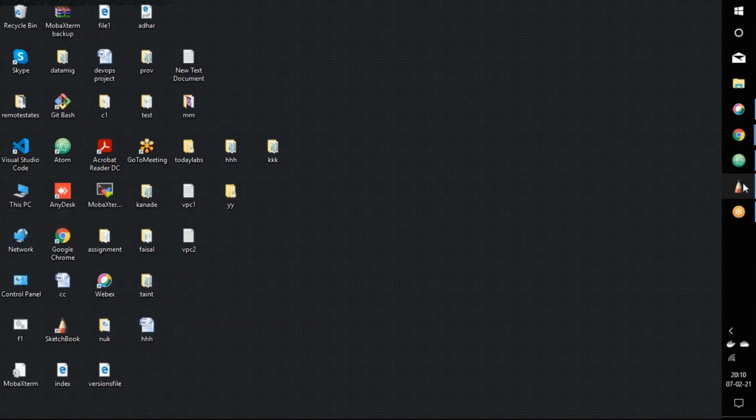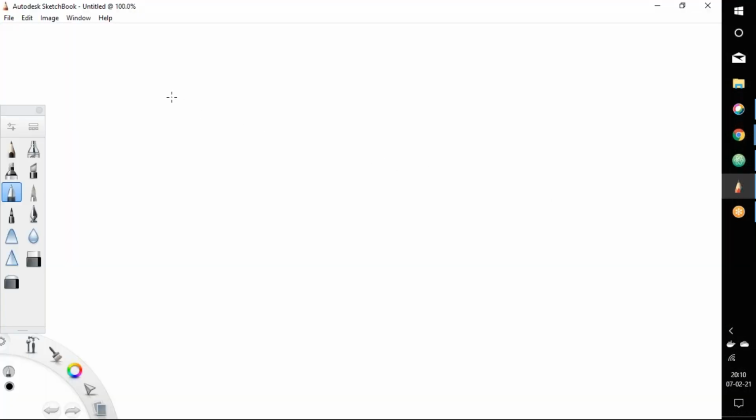Okay, let's get started with today's session. In the previous session, many people asked about importing the existing infrastructure. How do we import the existing infrastructure? We said that we can import the existing infrastructure using the import command.